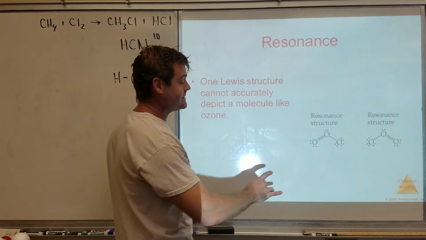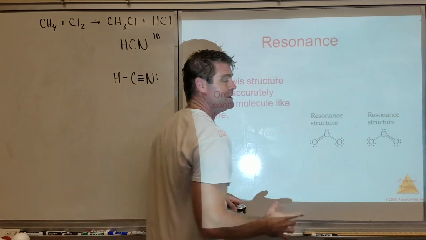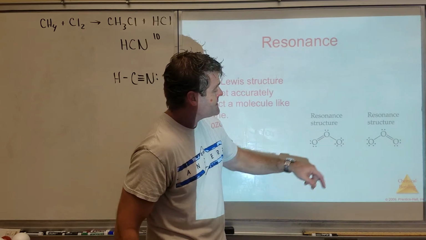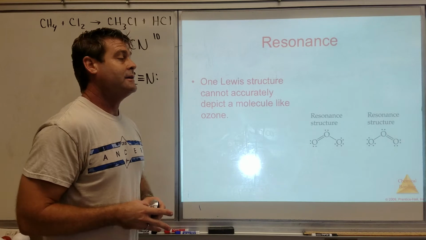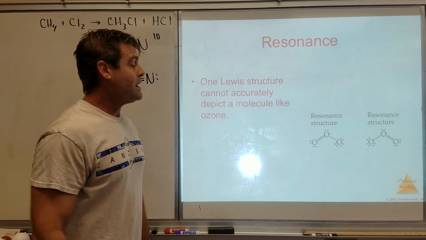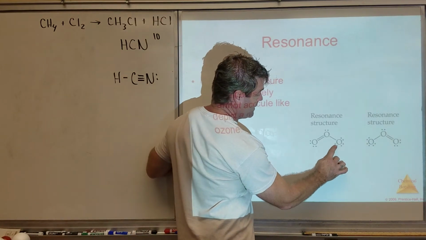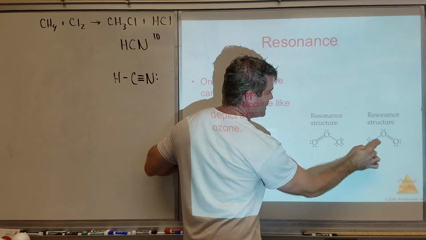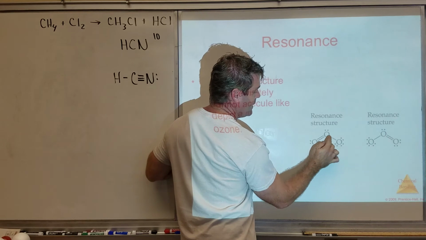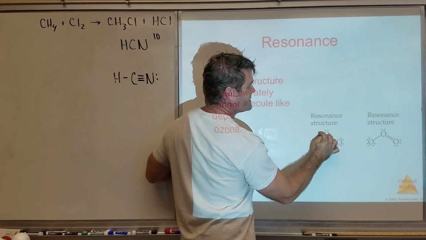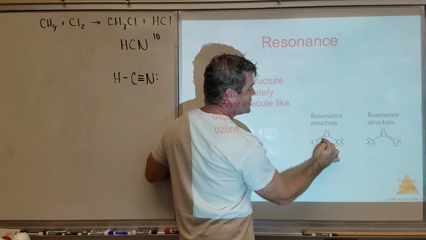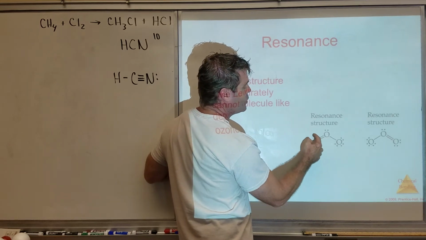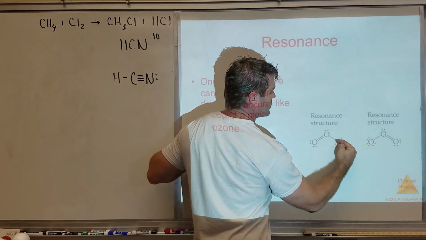So it's going to resonate between these two forms. Whenever you have a situation where you have a double bond and then a single bond, you have to contemplate the possibility that there's going to be resonance. What can happen here is, let's say a lone pair here will go here to form a double bond, and then there's too much strain because there are too many valence electrons around the central atom, so the shared pair of electrons here will be bumped here and become a lone pair orbiting just this oxygen, and so they'll resonate